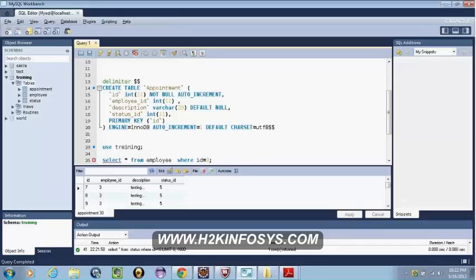If I just have an employee table and an appointment table, I can only get the status ID. Yes, that's right, because we have a foreign key over there. If there is no data for it, we won't be able to get it, right?